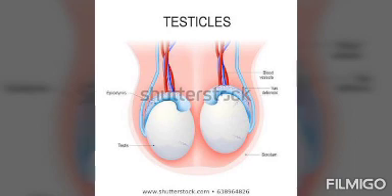Next point, interstitial cells or Leydig cells are embedded in the connective tissue surrounding the seminiferous tubules, which is endocrine in function, that is they are responsible for the production of a hormone. What is the hormone name? Testosterone, which initiates the process of spermatogenesis. The male hormone testosterone initiates the process of spermatogenesis. Last point,